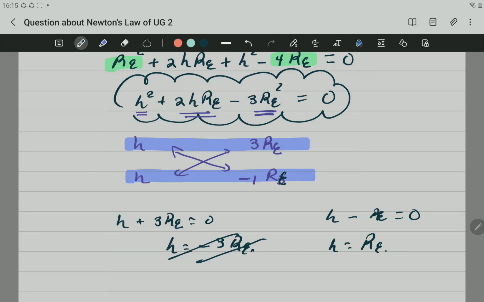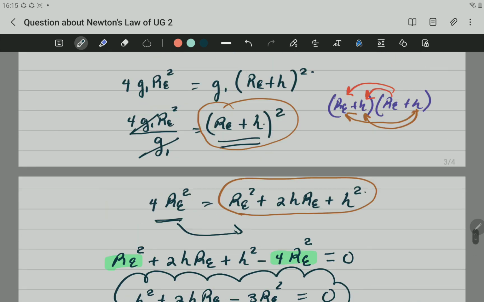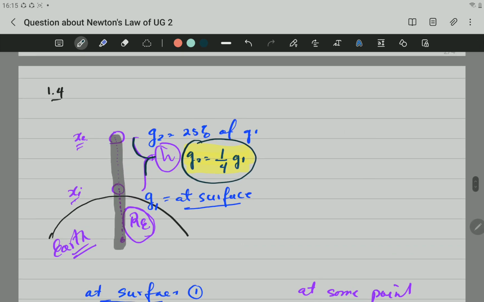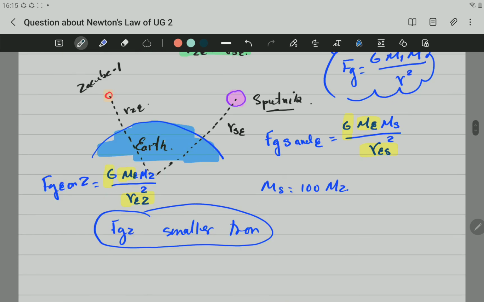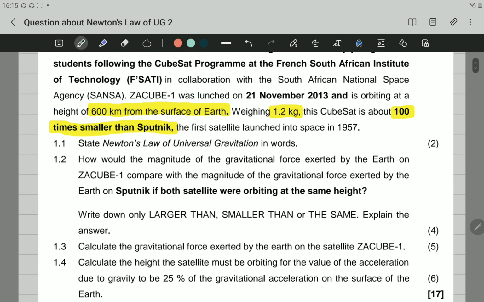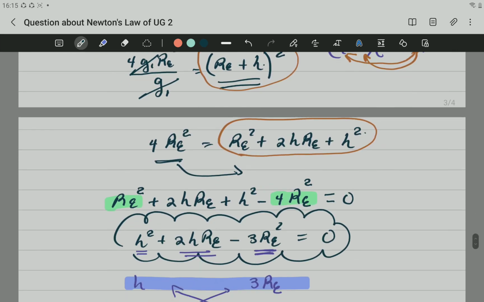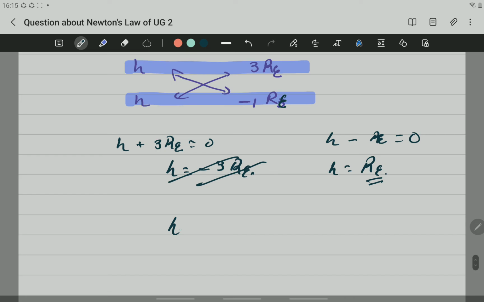So what does it mean? This is the radius of the earth, remember, that is the radius of the earth. So what does it mean? That this distance in the picture, this distance here is going to be equal to re. All right, the question is, let's go back to the question, calculate the height of the satellite, and the height of the satellite then must be equal to re. So h is equal to